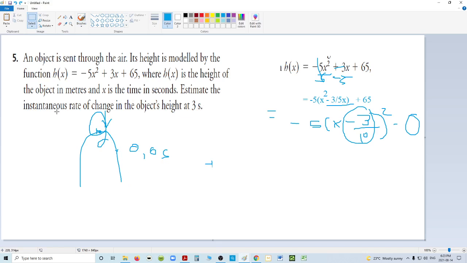Let's get our y value for that. What happens at 3 seconds? When I plug in 3 seconds for this, my h of 3